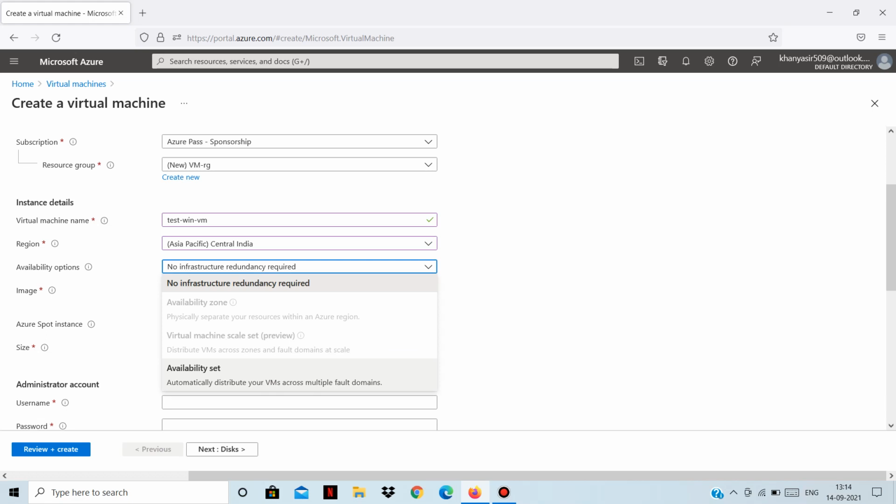It is the percentage of time a service is available for use. Means how much time your virtual machine will be available for use. Because there can be failures of the server in which your virtual machine is running, right? So there can be downtime. So availability indicates how much percentage of time your service will be available for use.